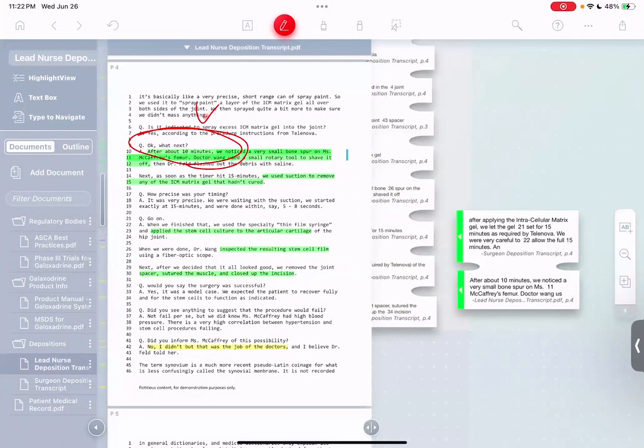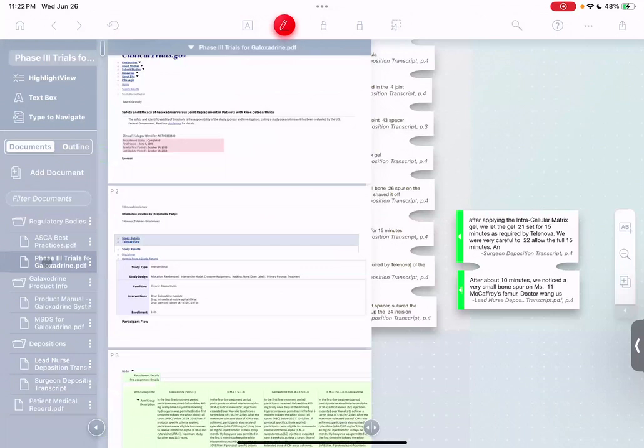Okay, terrific. So I think we're putting together a good argument, but it's still just my speculation that a timing mistake like this could actually cause the procedure to fail. I have no real evidence of that yet. So maybe we should go take a look at the phase 3 clinical trials for this procedure. So I go back to the documents list, open the phase 3 trials, and let's see if they shed some